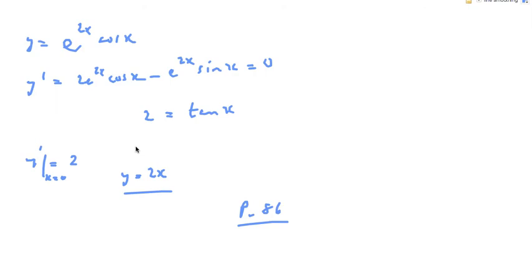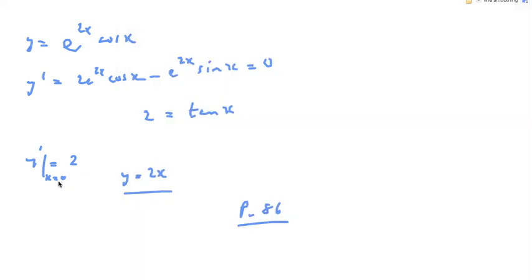So y equals e to the 2x cos x, differentiate that. I'm going to use the product rule again with a mixture of chain rule because it's a composite function. So 2e to the 2x cos x minus e to the 2x sin x is 0. I've just done it in one move there, and obviously I know the result, but I move the e to the 2x sin x over, it becomes positive, divided by e to the 2x cos x, and that gives me tan x on the right, and just leave the 2 on the left. So 2 is tan x. Then it asks